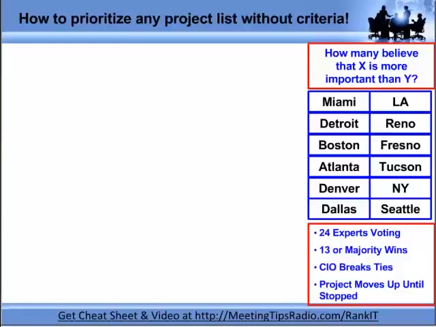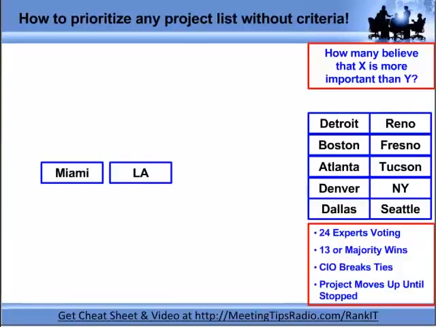So I literally put it right up on the wall. If you pretend this is a wall, you see we have our question at the top, we have our list of projects they submitted, and we have our rules. Okay, so I grabbed the first 2, and I read the question,